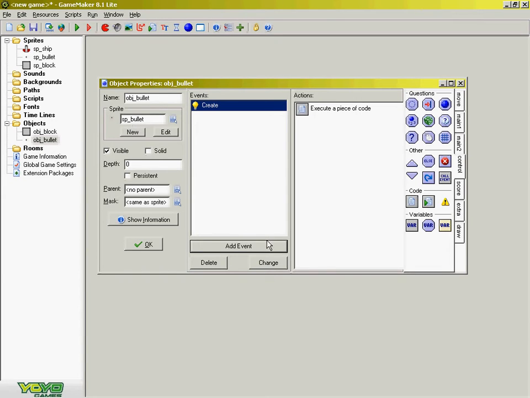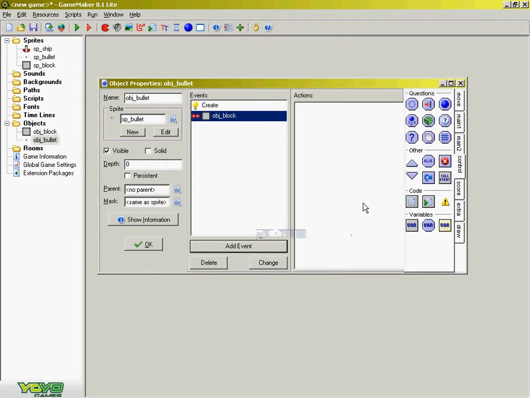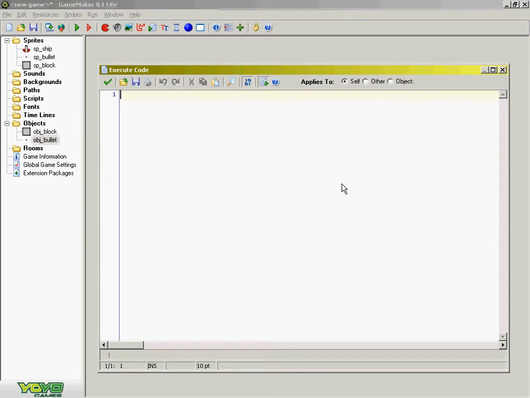And now we want to actually add a collision to the object block. So go to add event collision block, and we'll drag our code block over here. Open and close curly brackets again. Now, when the bullet hits the block, we want it to destroy itself. So we'll go instance destroy, open and close brackets, semicolon. Then down here we want